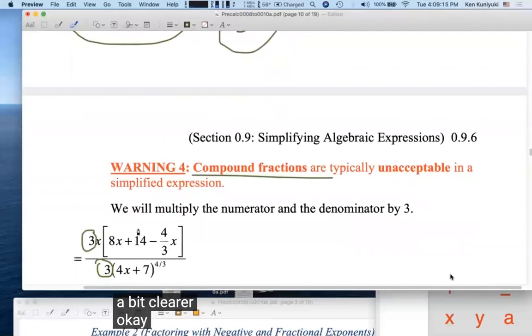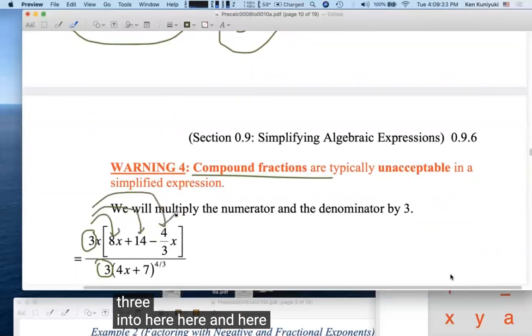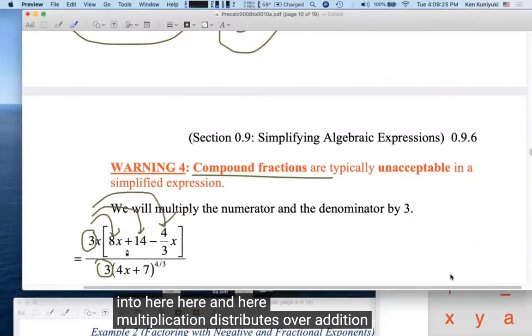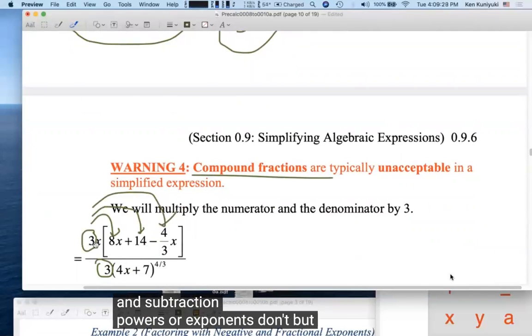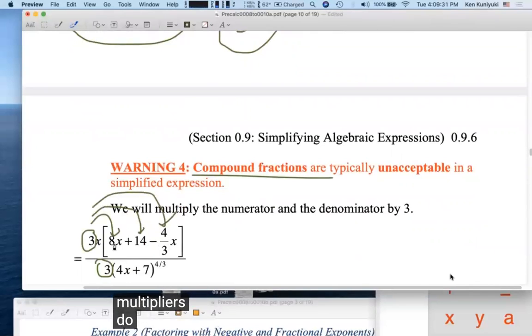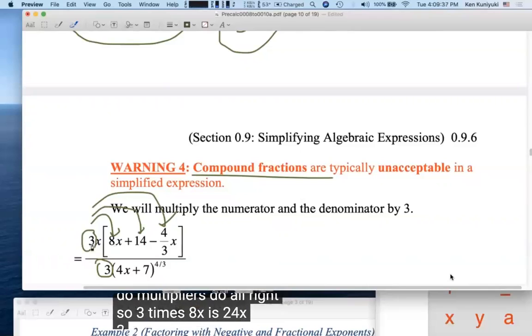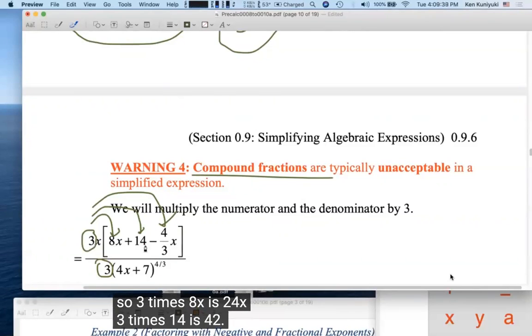Okay, and then we can distribute the 3 into here, here, and here. Multiplication distributes over addition and subtraction. Powers or exponents don't, but constant multipliers do. All right, so 3 times 8x is 24x. 3 times 14 is 42. 3 times this thing,